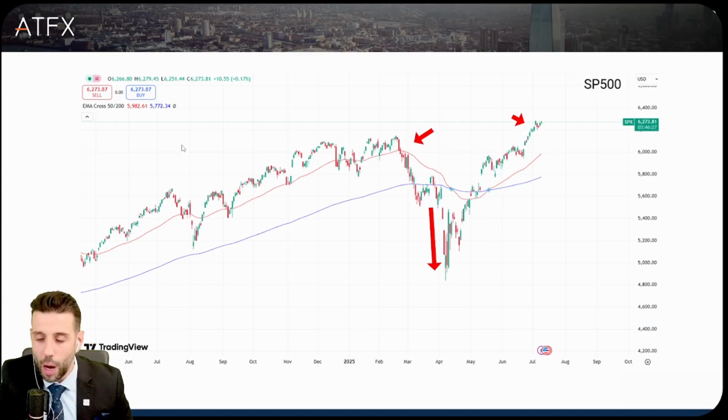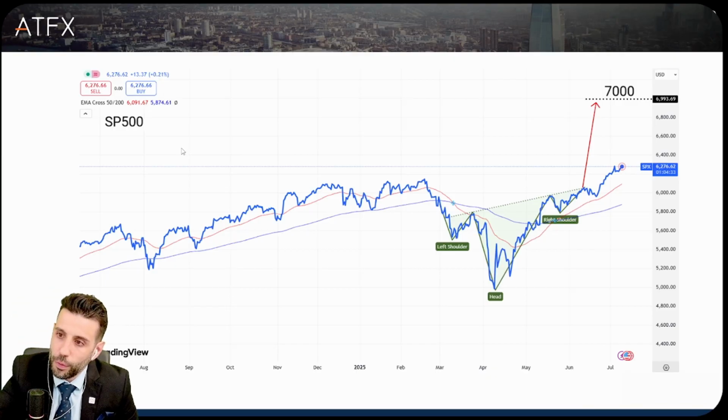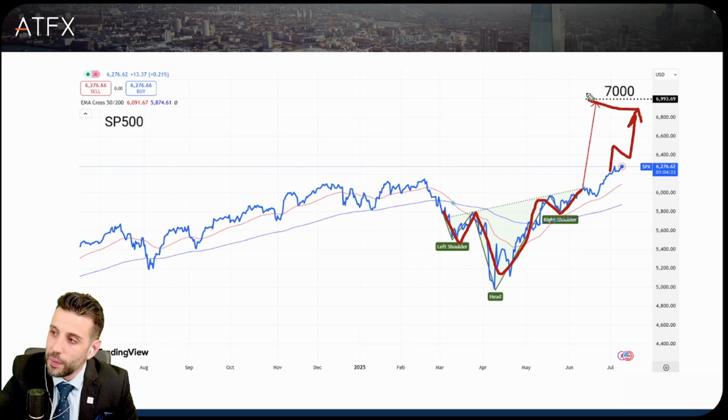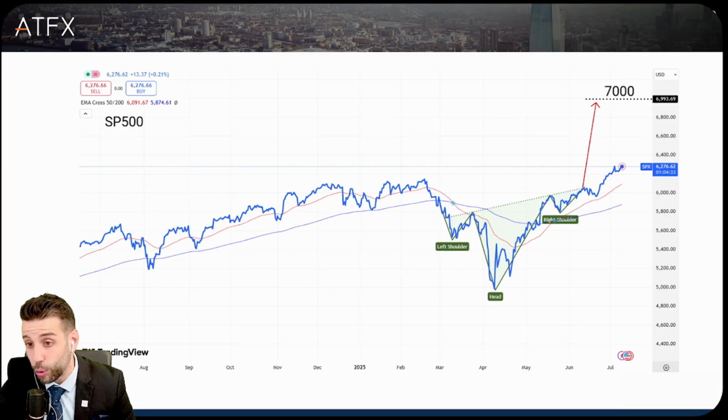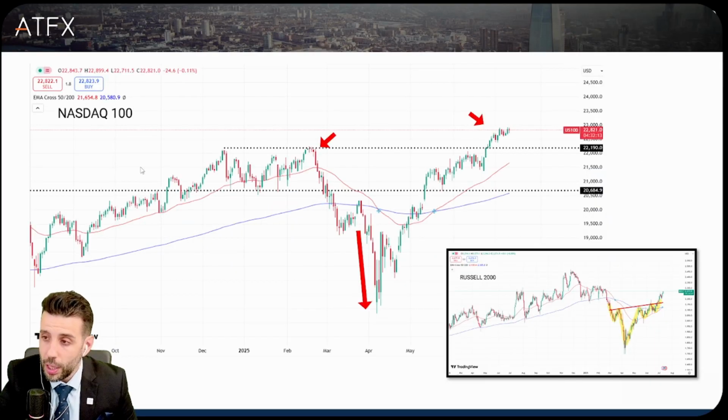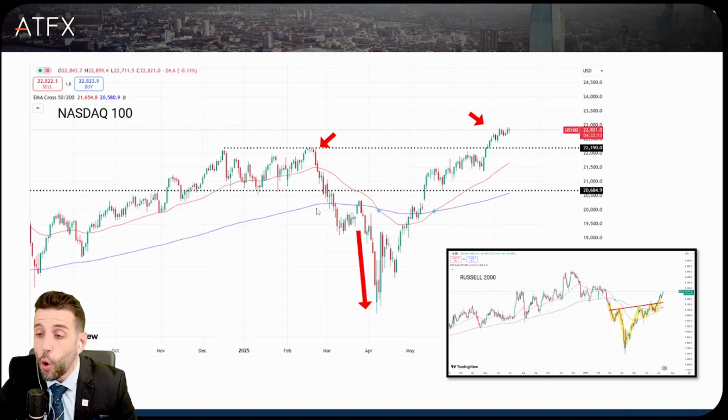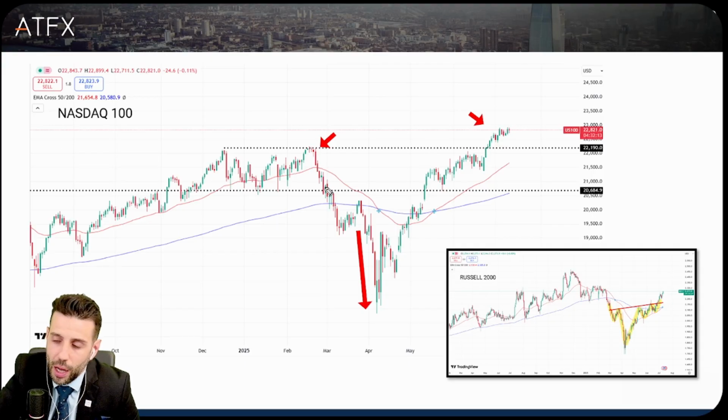Let's see also how it's affecting the S&P 500. You can also see what seems to be an inverted head and shoulders. That could invite a bullish movement to 7,000 points. In that case, it means there will most likely be an agreement between China and the United States, and also the European Union. It's also causing a very bullish movement in certain indices in Europe, like Euro Stoxx 50 or DAX 40. Both of them are really bullish, since the European Union is discounting a trade